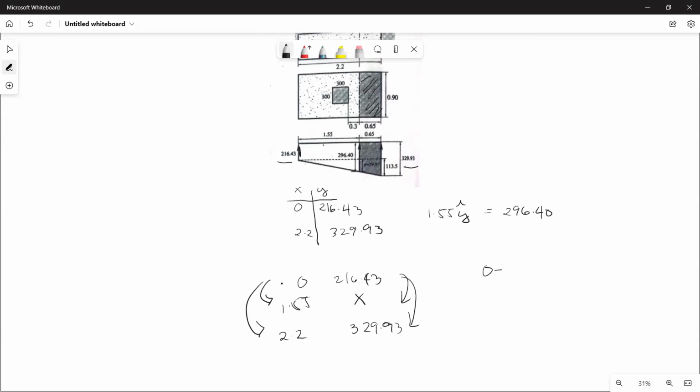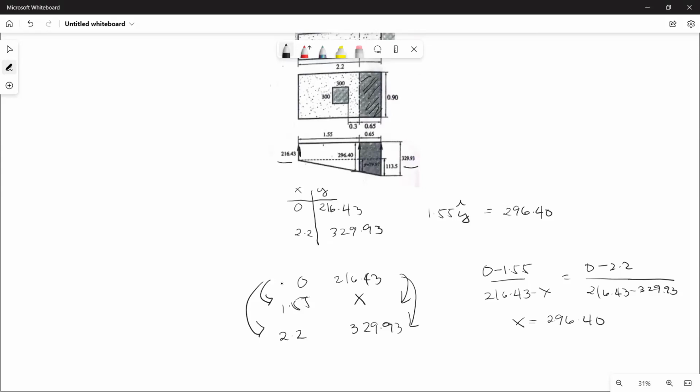Okay? So 0 minus 1.55 over 216.43 minus x. Then yung isa, 0 minus 2.2 over 216.43 minus 329.93. Okay, then shift solve for x,